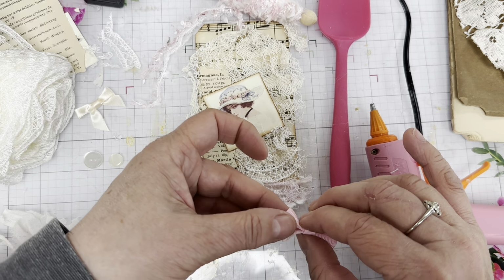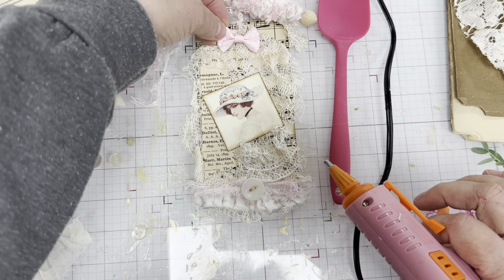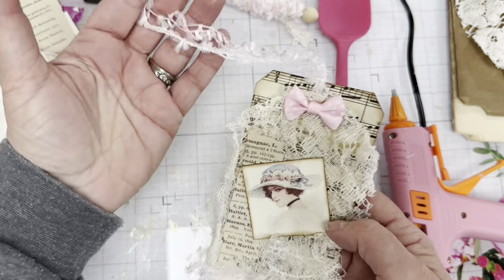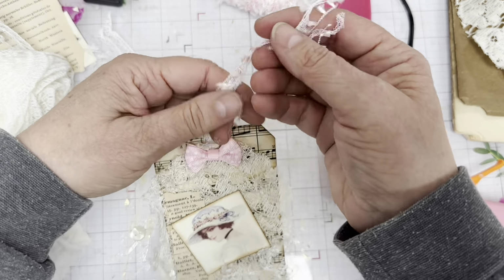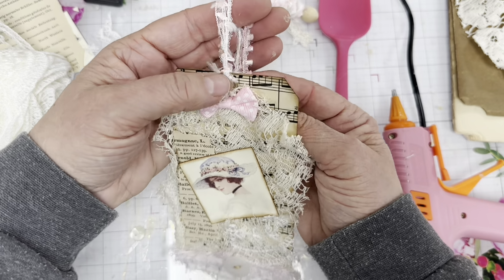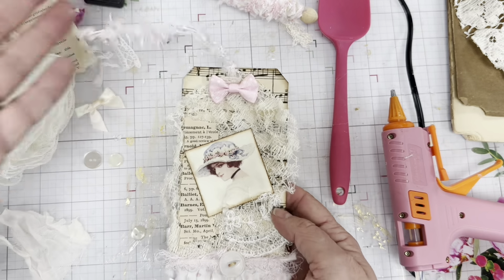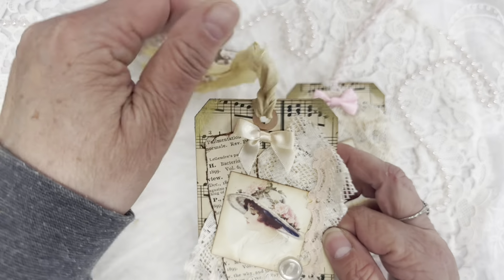Kind of make sure this bow is in the middle. Yeah. What do you think? I just need to figure out how I'm going to, maybe I'll loop this somehow. They need to be able to put it on their loop, on their card. So if you guys can help me come up with an idea for that, that would be wonderful. I figured I'd come back on and show you. I have this